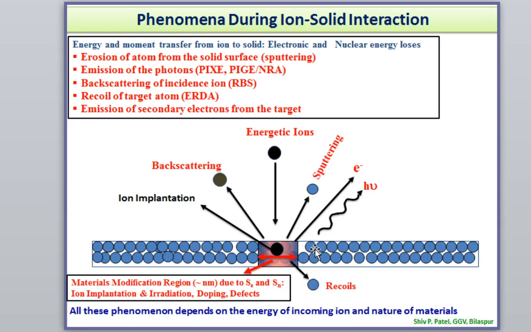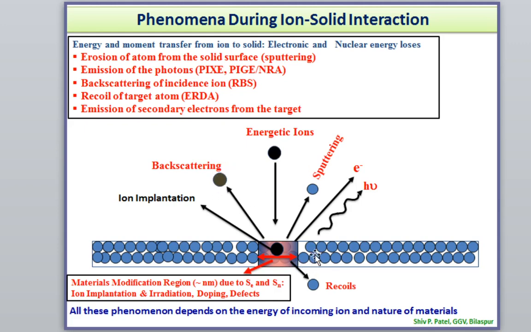If the target material is coming from the surface, that is sputtering, but the sputtering happens in the backward direction. So there is a difference between sputtering and back scattering. In sputtering, the target material is sputtered into the backward direction, but in back scattering, the energetic ion which comes and hits the target is itself scattered, moving in the backward direction. That is the difference between sputtering and back scattering. That is why I have denoted this with the same target atom, and this with the energetic ion color. But I have changed the color because after scattering, the energy of the ion will change.